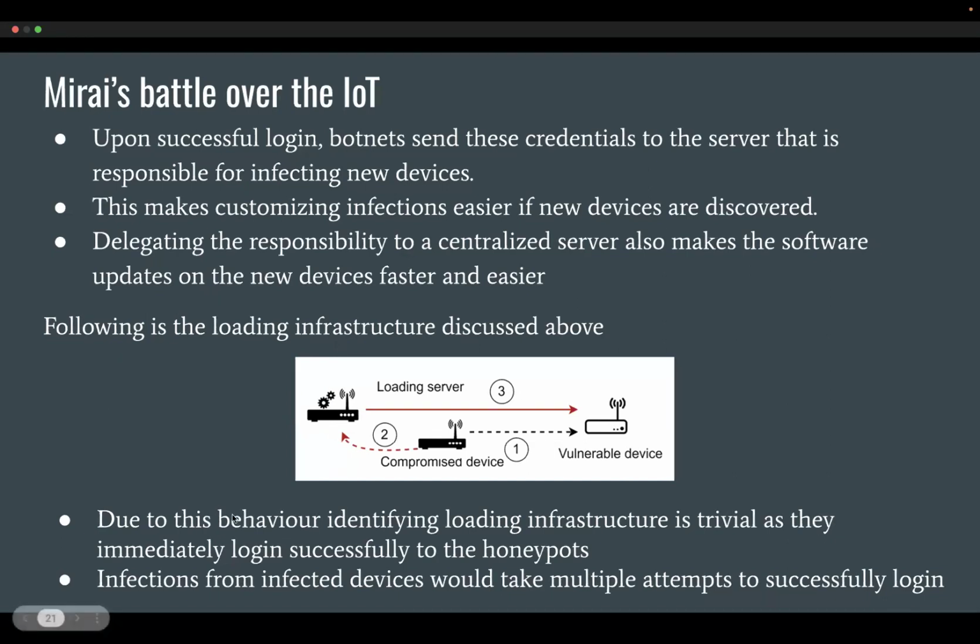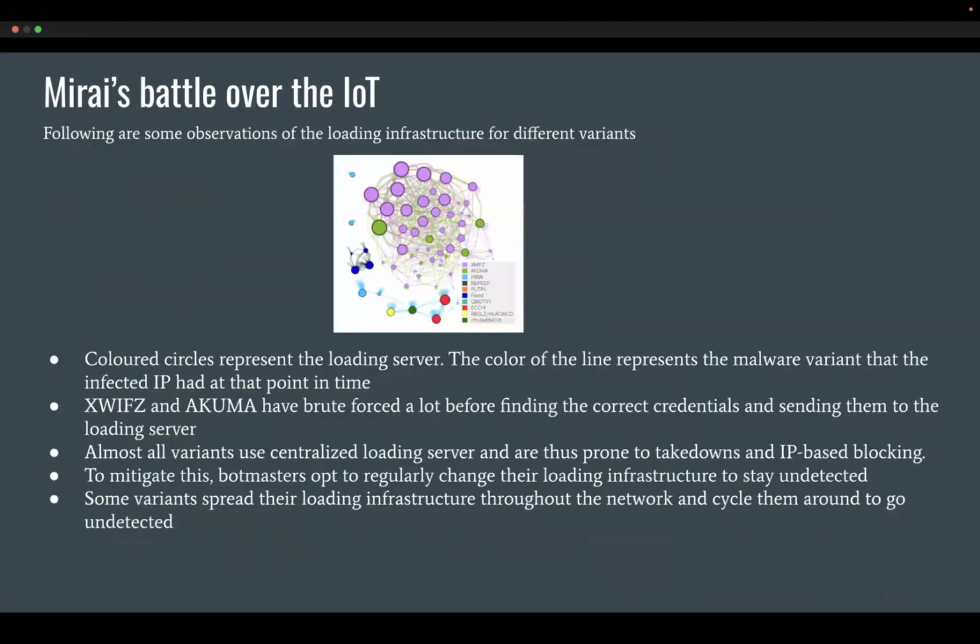So once you have a successful login attempt, I know what the username and password is. Therefore, I will not brute force thousands and thousands of credentials. I will just use that known credential to log in. That information comes from the loading server. It's easy to identify a loading server login because normal malware would take many attempts to log in, but a loading server will take at most a few login attempts. So that's how we can easily spot these loading infrastructures.